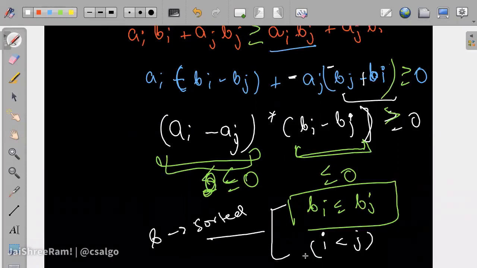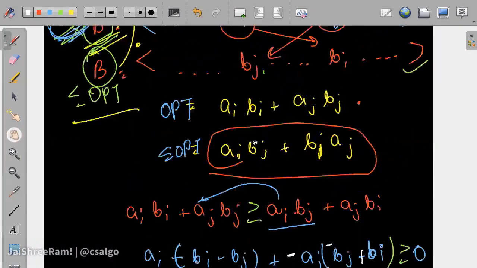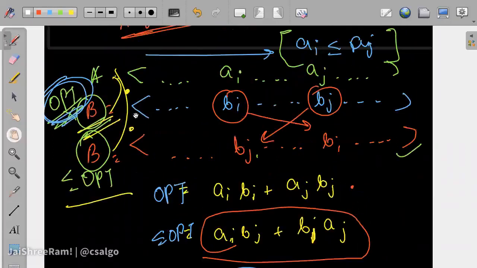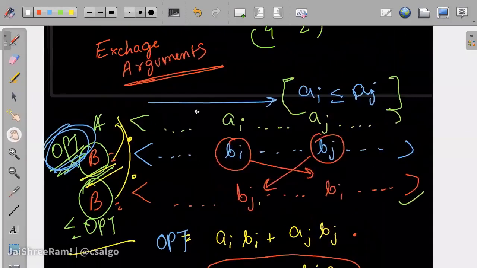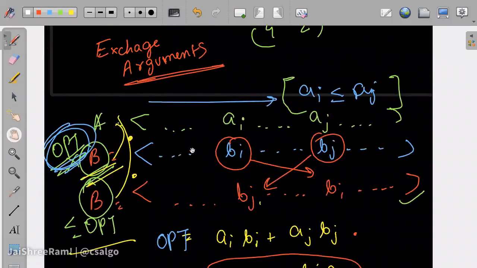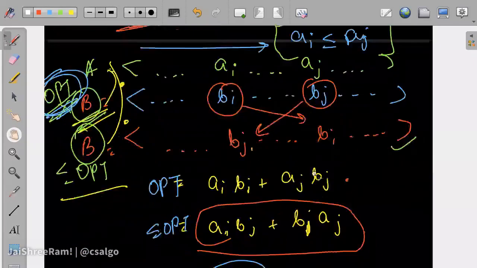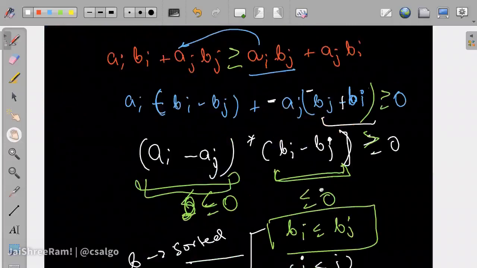If these two conditions hold, that means we are saying that the b array is sorted. So if we assume this to be optimal, the condition that should hold is that the b array should be sorted. So that's how we prove that if a is sorted, then the best optimal b that we can create is, you have to sort it.